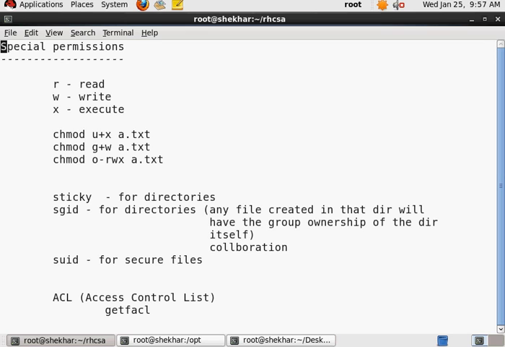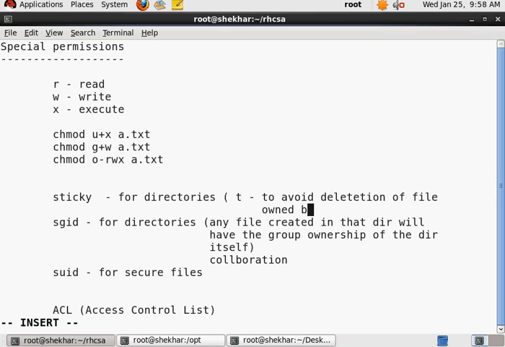Hello, in the last section we saw the permissions related to the sticky bit, then the SGID bit and the SUID bit. Let me do some summarization of that. The sticky bit, which is actually a T bit, is set for directories so that anybody who has the right permission on that directory will still not be able to delete the files owned by other users. So this is the sticky bit T to avoid deletion of files